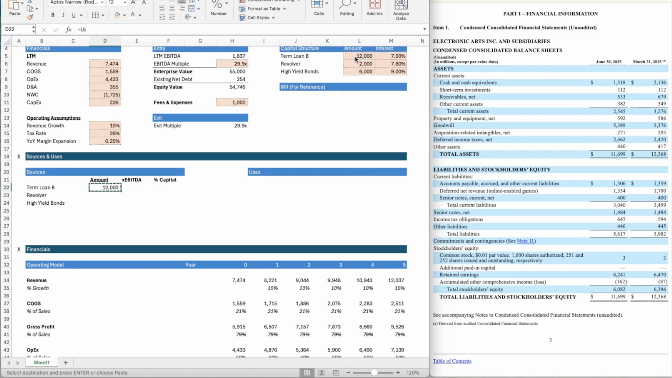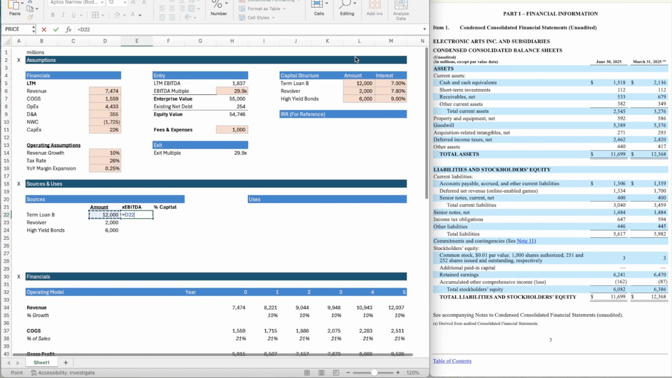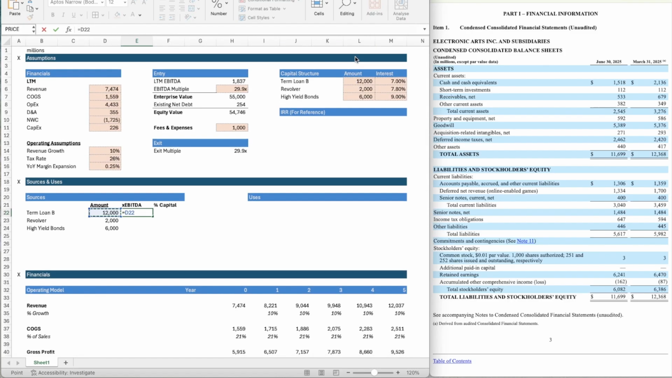The amount, we just divide by the last 12 months of EBITDA, and we have 6.53x. And yeah, it's locked in. We can just pull it down. 1.1. And then we have